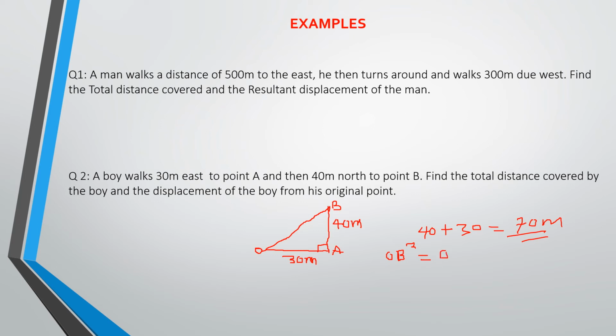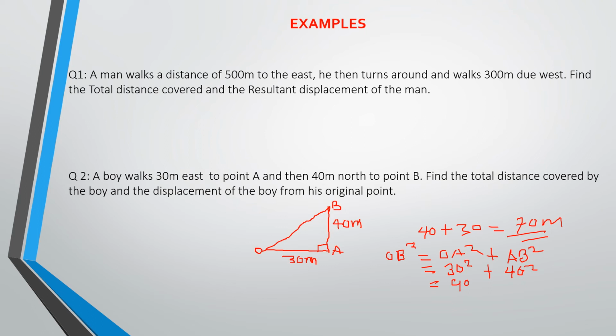OA squared plus AB squared. So you bring your values there. OA squared is equal to 30 squared, plus 40 squared. If you do all that, you're going to have